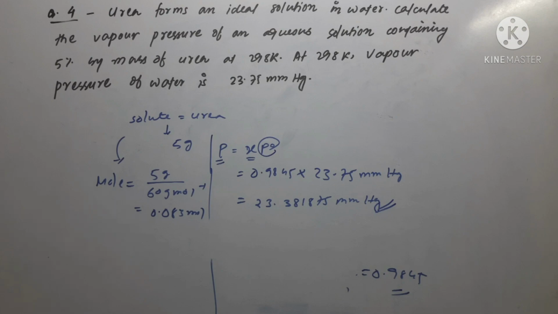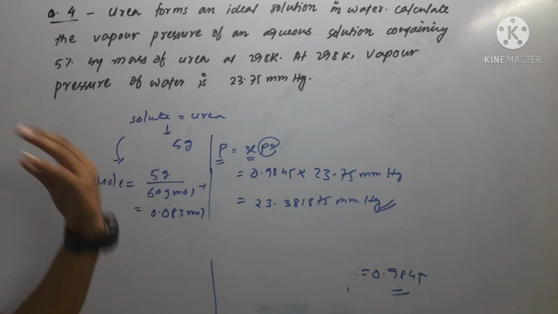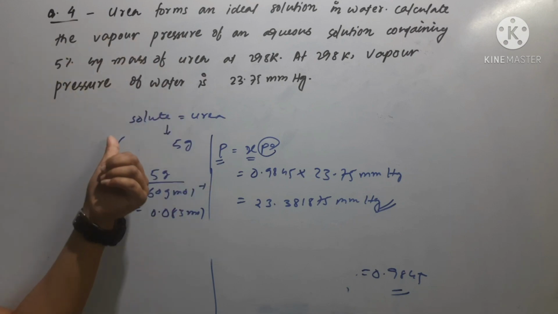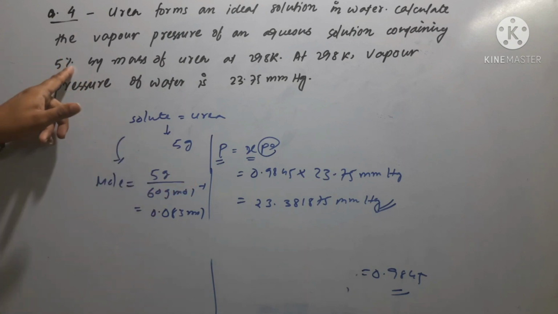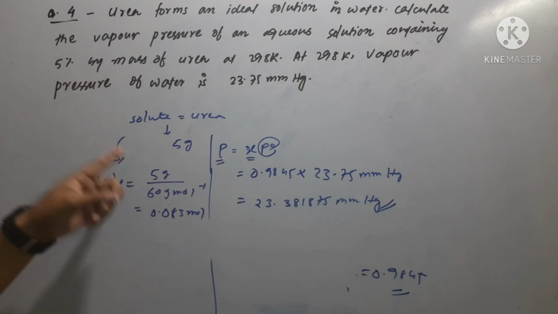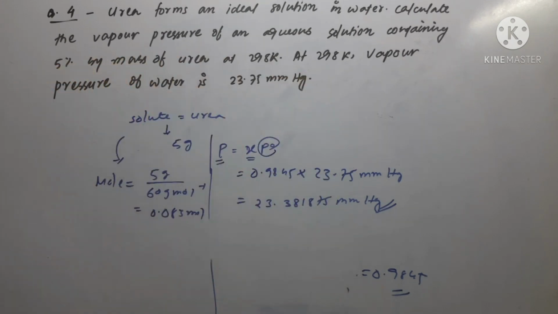Here, when it is written percent by mass, always remember that the percentage value will be the mass of the solute, and this is in terms of 100. Percent means 100. You are preparing a 100 gram solution, where 5% by mass means this will be the value of the solute here. And as we have written, 95 gram is the mass of the solvent, which is water in this particular problem.